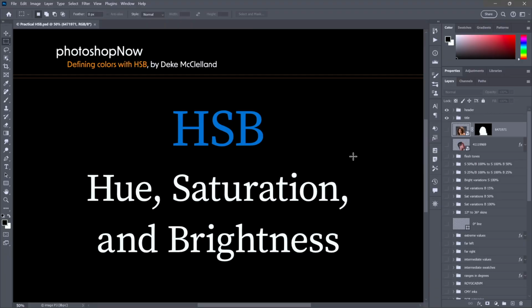Last week I showed you the easiest way to define colors, HSB. Works not only in Photoshop but other design apps as well. This week we'll get practical so you can describe the exact color you want every time. All right, so the easiest way to define color inside Photoshop and Illustrator and InDesign, insofar as I'm concerned, is